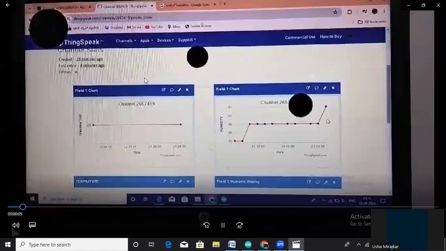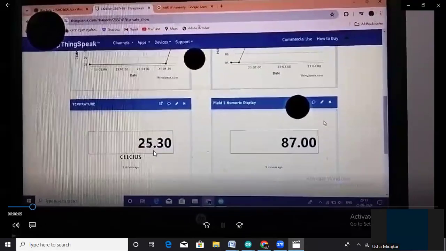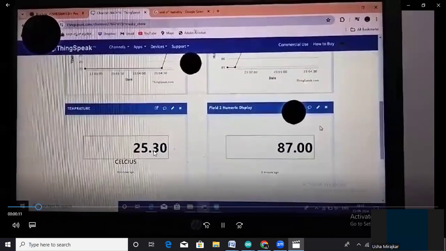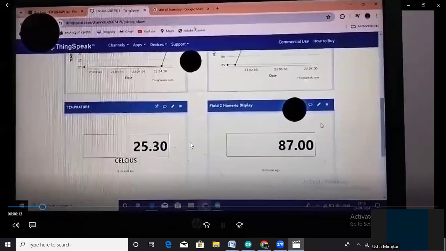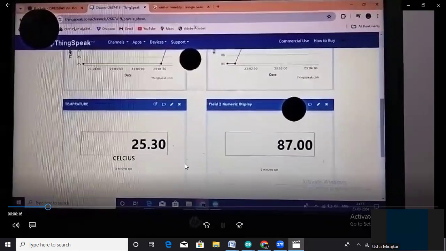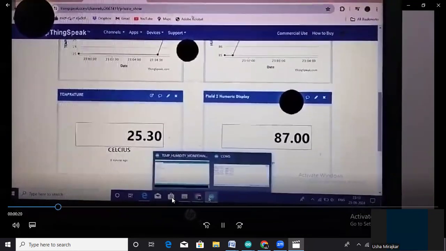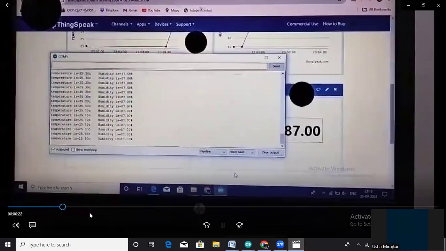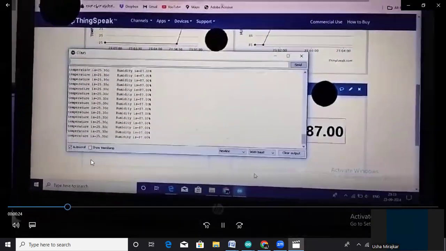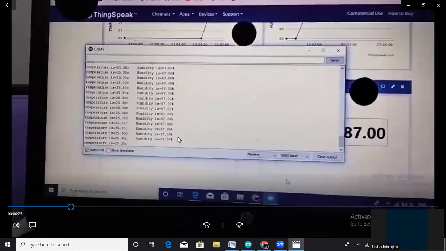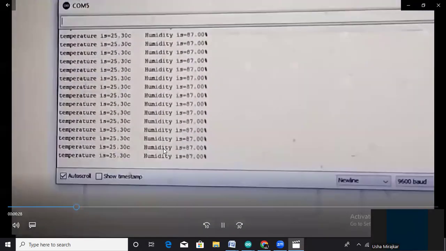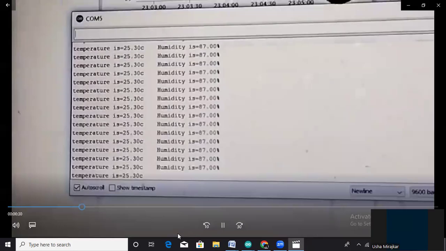Now you can see the temperature is 25.3, and this is 87 humidity on the cloud. It is displaying. And on the serial monitor also, we can observe the readings.